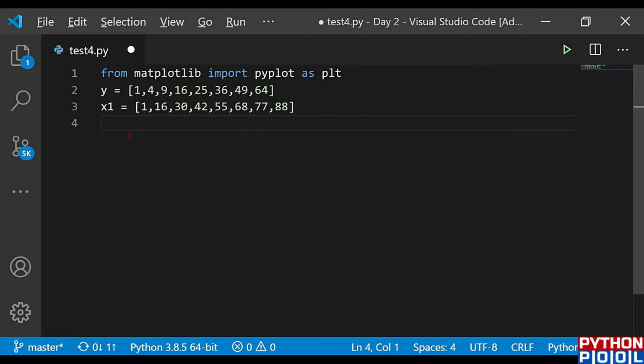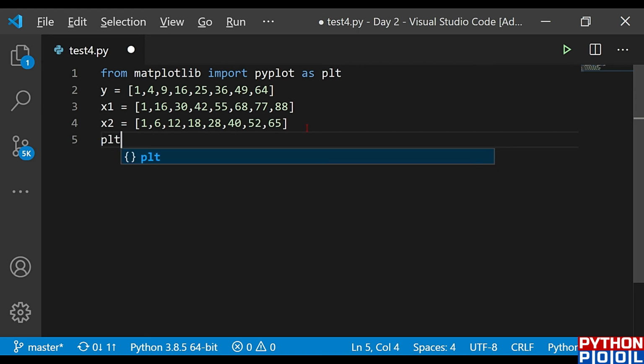Now I'm going to define another x-axis for the second graph, that is 1, 6, 12, 18, 28, 40, 52 and 65. This is my x-axis of the second graph. Okay. Now I'm going to plot these 2 graphs in the same canvas. So I'm going to call this figure function, the plt.figure function,